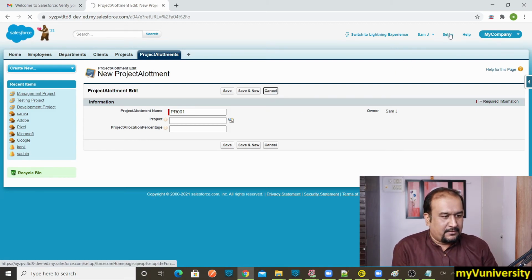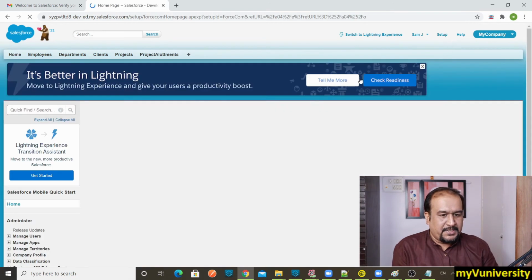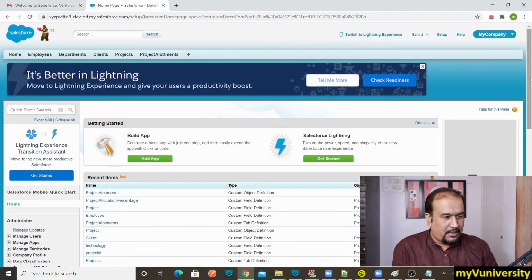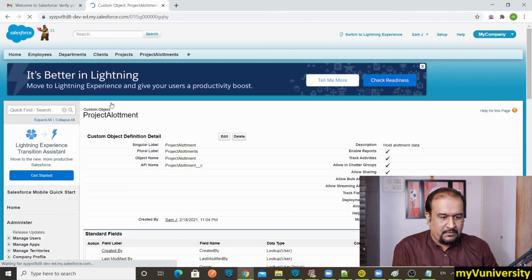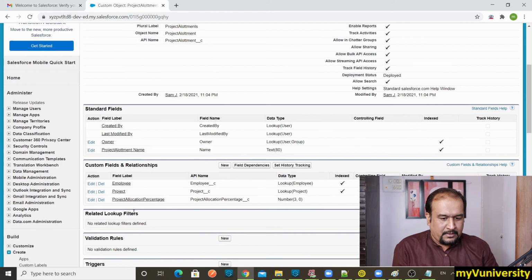Let me see that. You will learn from this what is wrong in the project allotment. I should have the employee lookup over here, which is not there. Let me see my project allotment object and what went wrong inside it. Employee lookup I already have, right? Then why is it not visible?